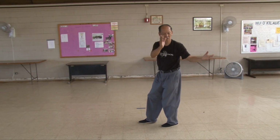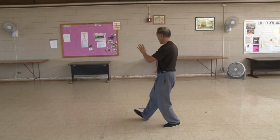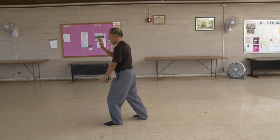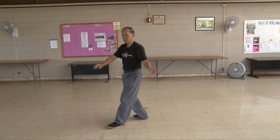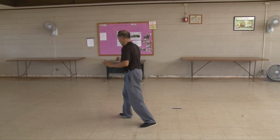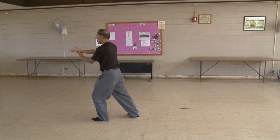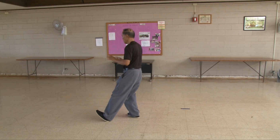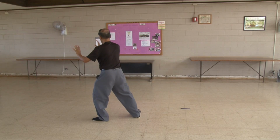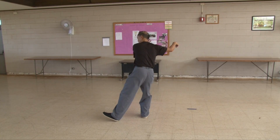Brush knee on the left, brush knee on the right, deflect, parry and punch, step out, deflect, parry, punch, strip, sit back, push forward. Twist step on the left, right foot, single whip, out,